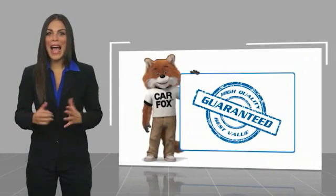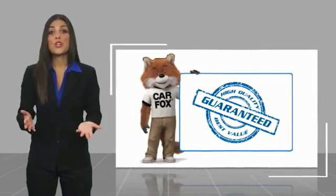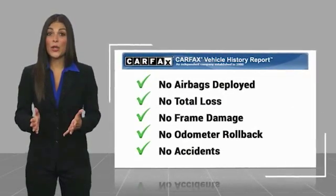Here's another high-quality vehicle with a Carfax Vehicle History Report. Be sure to find a complimentary copy of this report online or contact the dealership. This vehicle qualifies for the